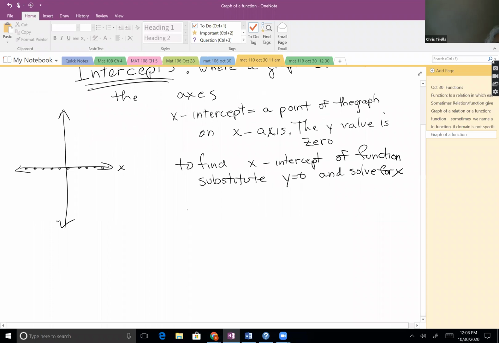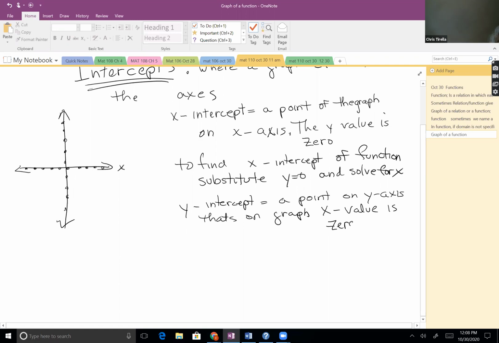In the same way, the y-intercept is a point on the y-axis that's also on the graph. And this time, if I look at all of the points on the y-axis, what they have in common is that their x value is 0. So to find the y-intercept,